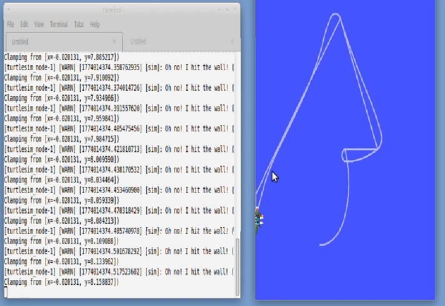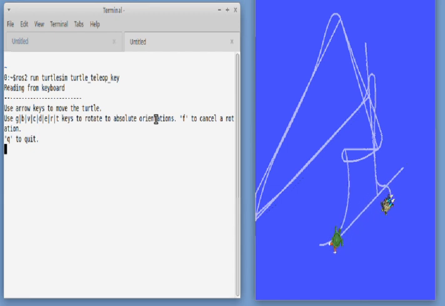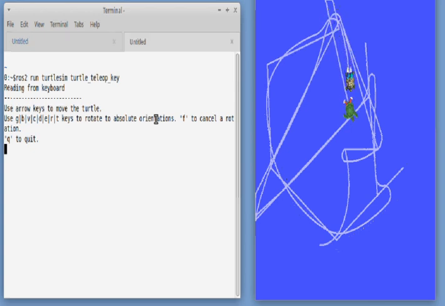I can keep on moving my turtle in whichever direction I want, and turtle 1 will keep moving and turtle 2 will just keep following, right? So it's so smart, like even if I do something like this, come back, it is taking only the latest one, right? So you can create any kind of drawings whichever you like. I was trying to draw some human face and it was not that good, but this is what you can do with it, right? Once you're done, you can just click Q to quit this in a very graceful manner,